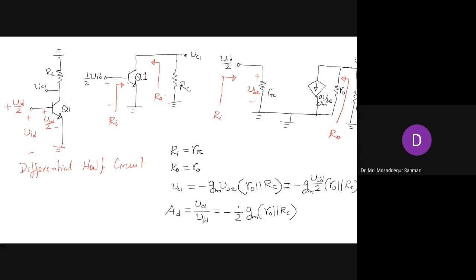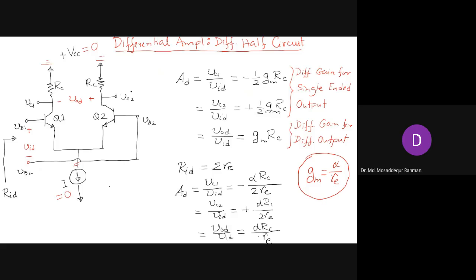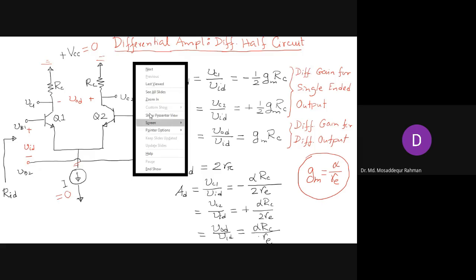Now, what is the difference here in the gain expression? If we compare with our previous gain expression, VC1 by VID is minus gm RC. We have only RC here. We don't have the small R naught. That's the difference only. And why didn't we have this R naught? Because we didn't consider that small R naught, and probably in our first look it was not obvious to us that we have an output resistance here. But there is also an output resistance